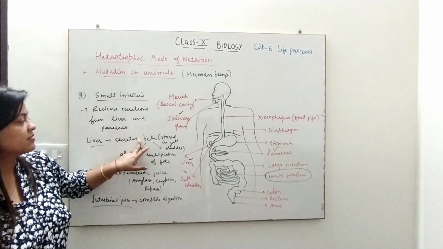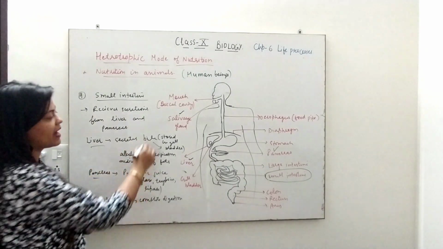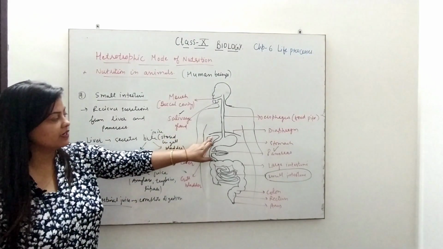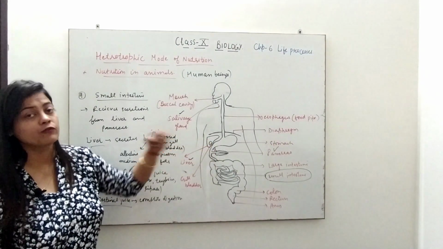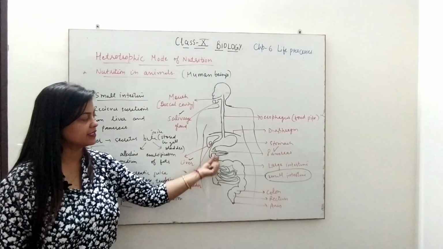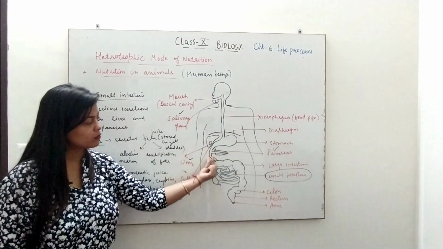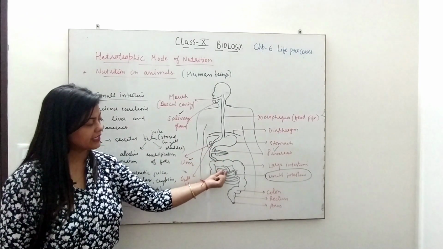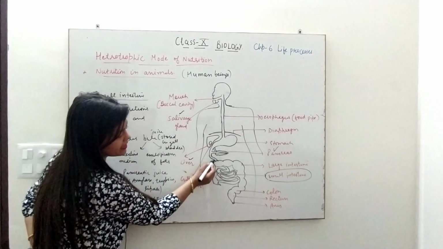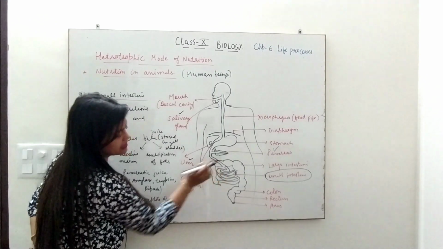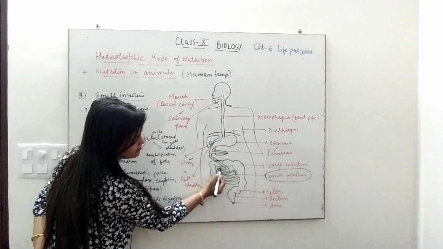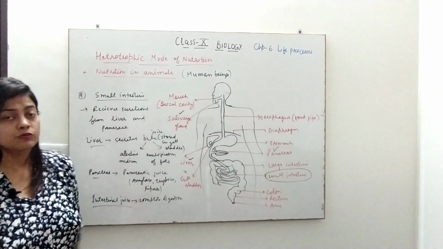From liver, there is a juice secreted which is called bile juice. It is greenish in color. This bile juice is secreted in the liver and stored in the gallbladder for some time. Whenever it is required, it is then released here, and the common duct will carry this secretion from liver and pancreas to small intestine. Here you can see it is actually connected to small intestine, not to large intestine. Okay, it is present at the back side, so it appears like it is connected to large intestine, but actually it is connected to small intestine.